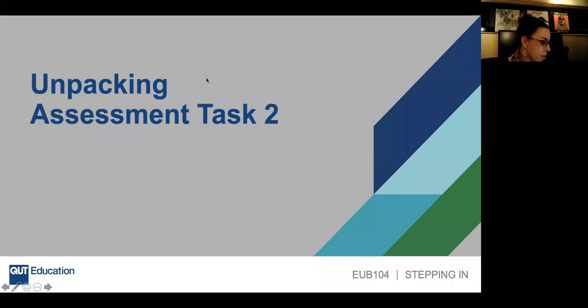Okay, so we're going to unpack assessment task 2 in a little bit more detail. So far, you've had the task sheet, you have had the example that Jen unpacked in week 7, and she went in detail through the 4R's tool for reflection. So that's available in the week 7 folder, and I've also noticed that it's available in the support resources for assessment task 2 as well. So it's in there with the Padlet for the frequently asked questions.